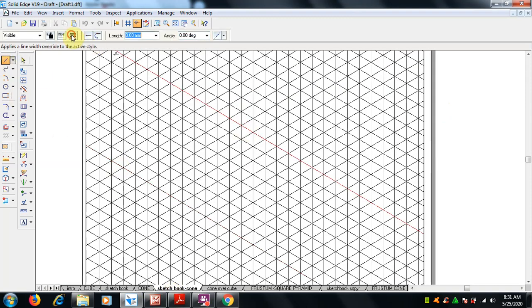Again go for line command, select 0.5 mm thickness. Since any intersection point, I am taking 40 mm for 4 boxes, 1 2 3 4. So in this intersection, and 1 2 3 4 here, and I'll finish it, exact intersection. You finish it off. The base of the cone, the square comes.